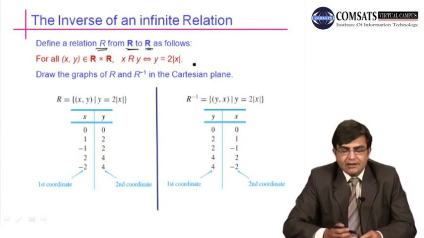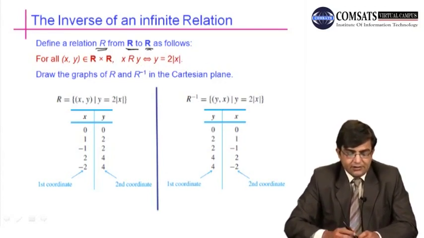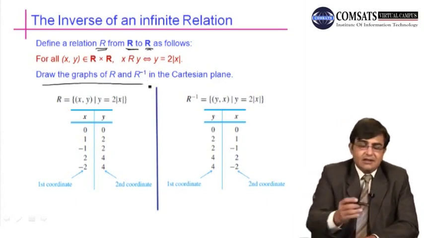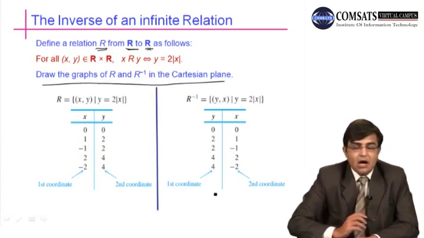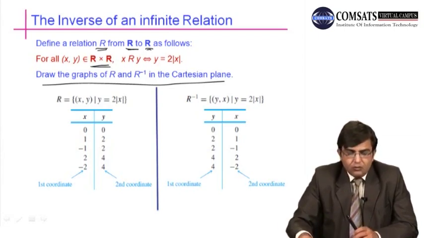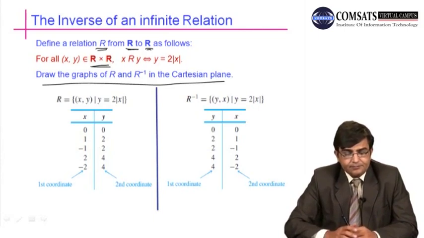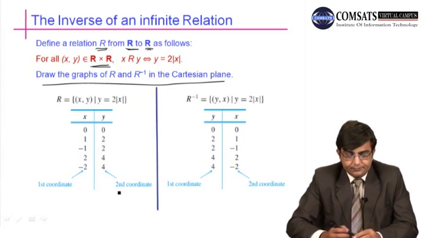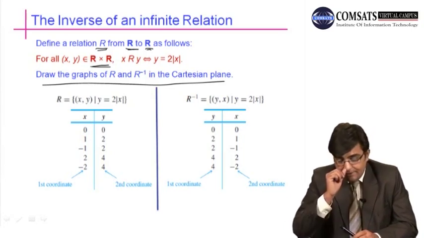We have already discussed the absolute value function. Draw the graphs of R and R inverse in the Cartesian plane, because the relation is basically a subset of R cross R, which is a Cartesian plane. We have discussed it in earlier slides. Now how can we draw the graphs of R and R inverse? Just for better understanding,